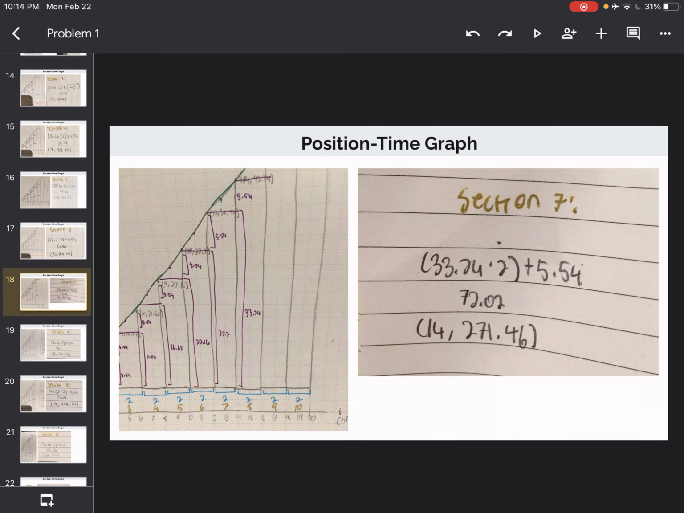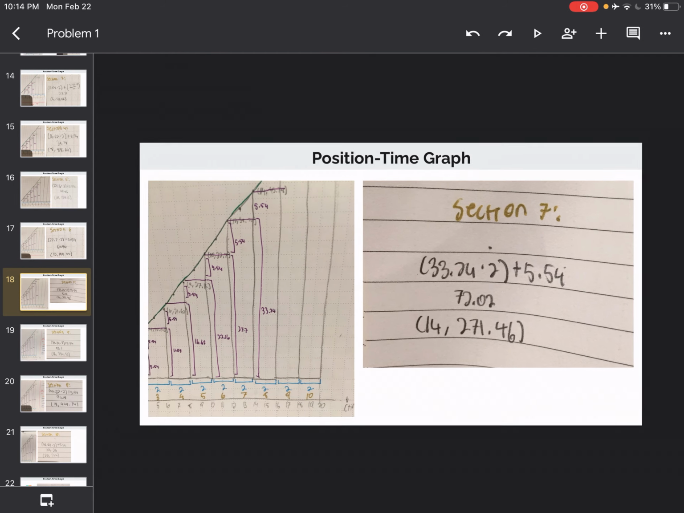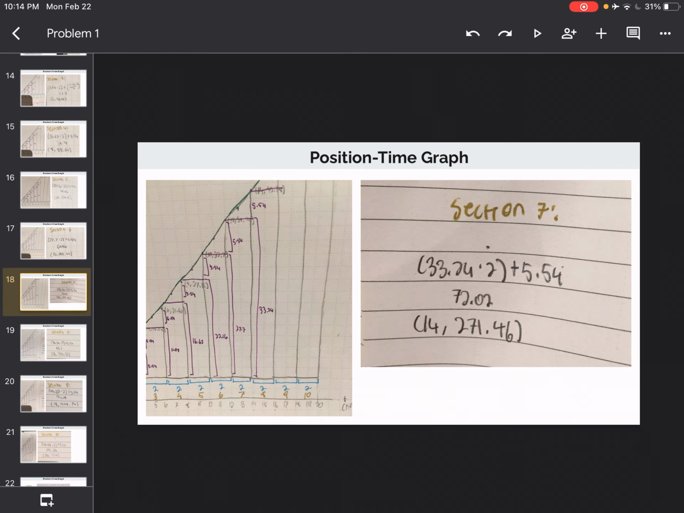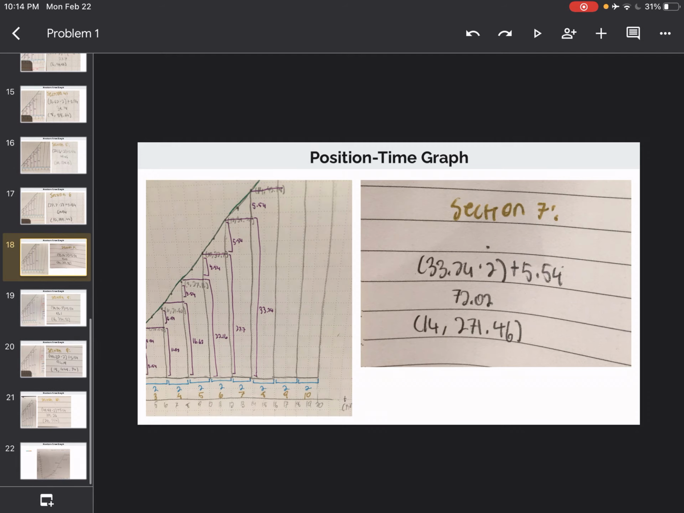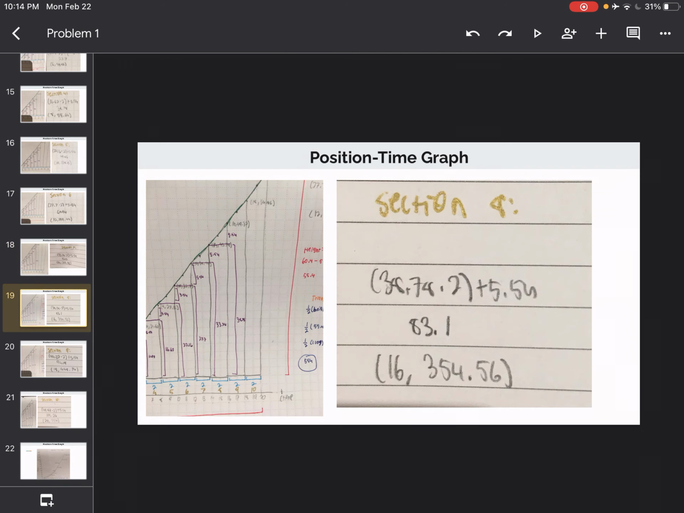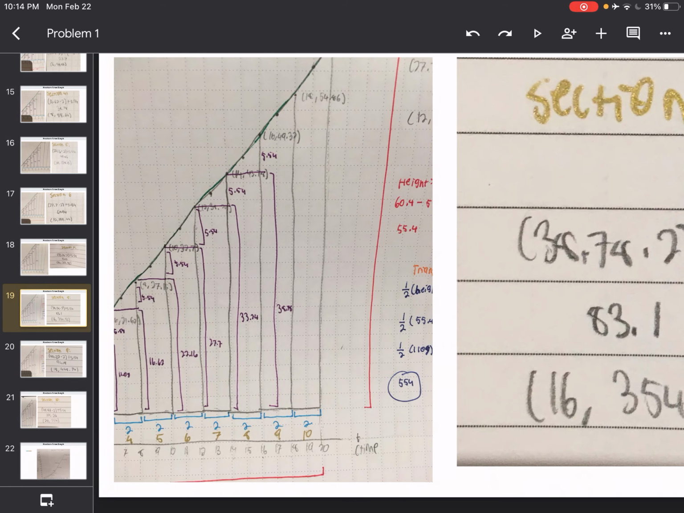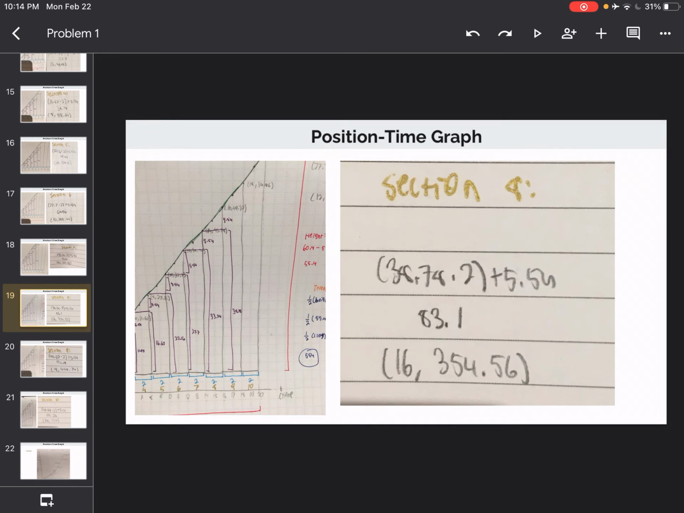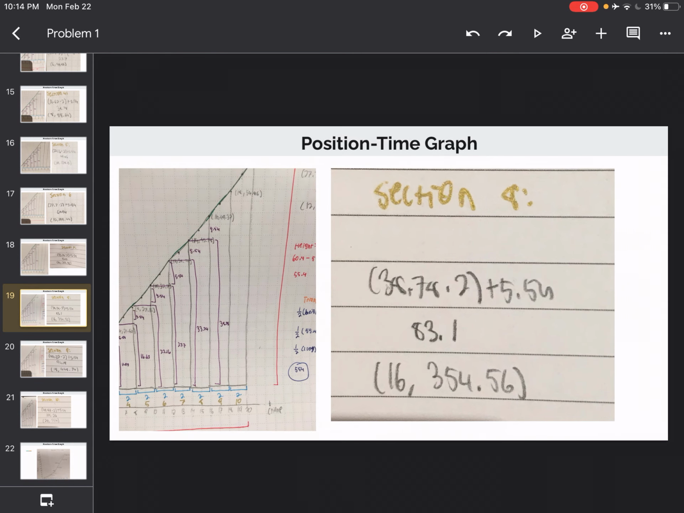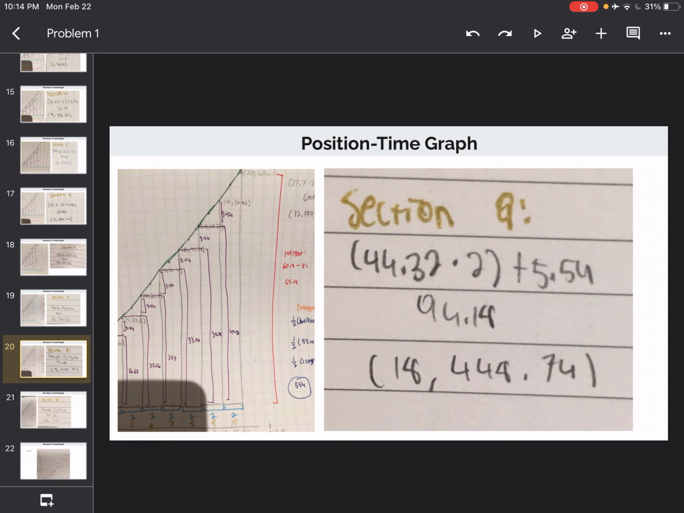And then this trapezoid, 33.24 is the height, times 2 plus 5.54, the triangle, 72.02, and we get 14,271.46 as our y value. And we keep on doing this for the 8th section, meaning the t value is 16 since it's divided by 2 seconds each. And then now we have 354.56 as our y value. And then we keep on finding these areas and we add them to all the previous y values to get our new y value,